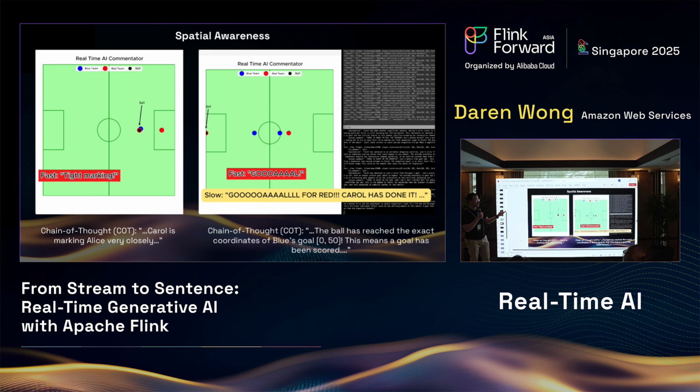And another thing to note is that for the goal scene, the fast commentator was just a tad bit faster than the slow commentator in saying goal. And I think it is in key moments or climactic moments like this where the fast commentator adds a lot of value, because in this kind of very exciting moment, right, you almost want to give an instant reaction to it. So I think the fast commentator definitely helped in reducing the latency here to ensure a good user experience.